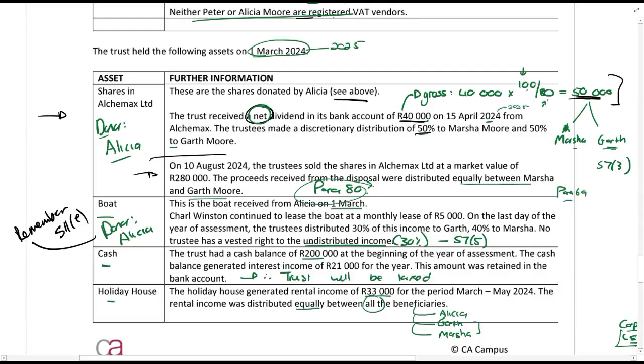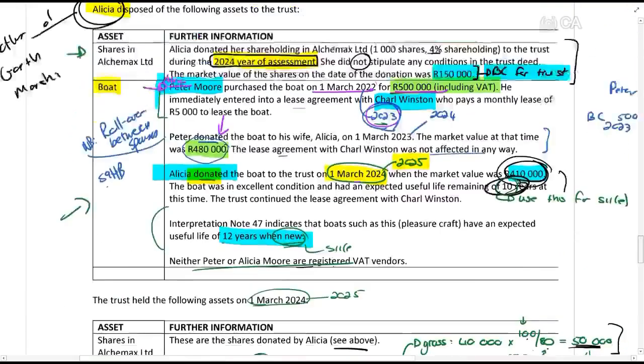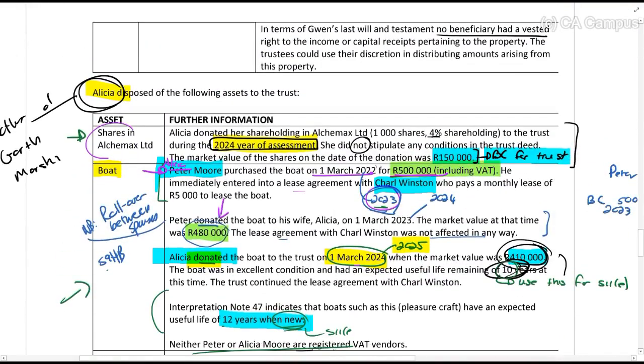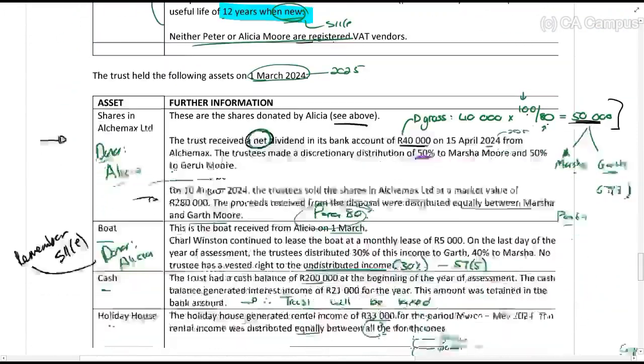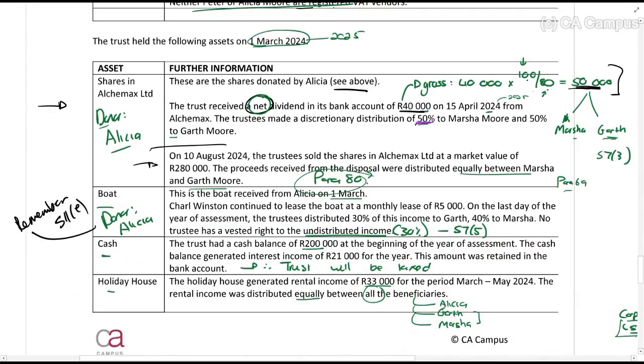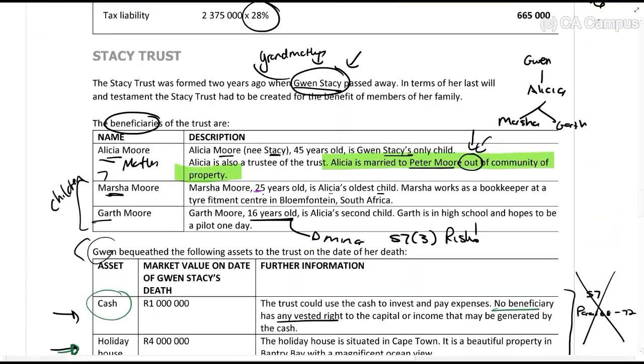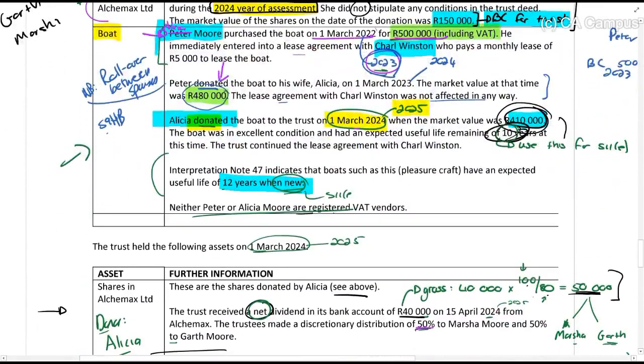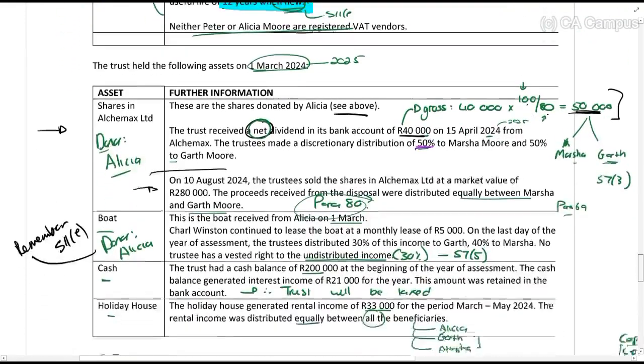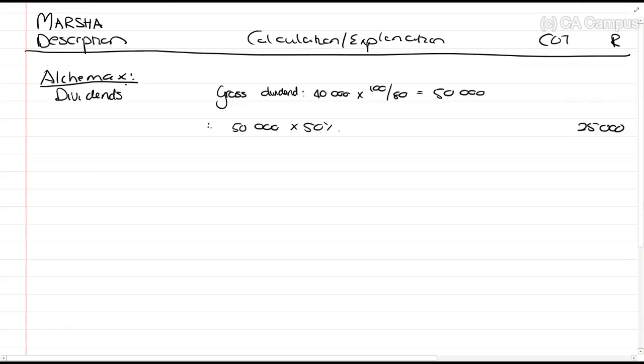Well, this question we've looked at now of Marcia, this 50% distributed to Marcia, we ask ourselves, was there a donation and is the donor still alive? Yes. These were donated by Alicia and she's still alive. Does any of the section 7s apply? So the ones you should consider: section 7.3, minor child. Marcia is not a minor child. She is 25 years old. Section 7.5 applies to the amounts retained in the trust. Section 7.8, non-resident. None of the other section 7s are applicable in this case. So she gets taxed on it per section 25B1 basically.